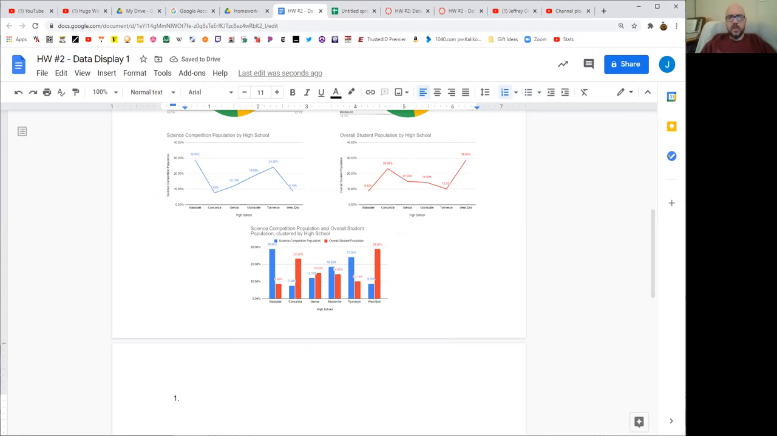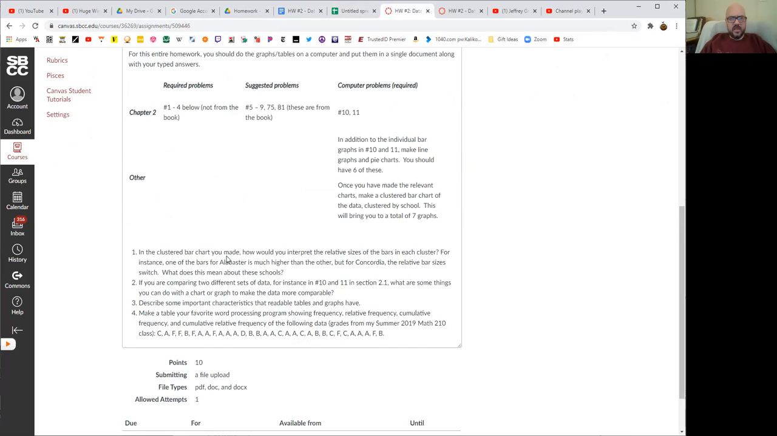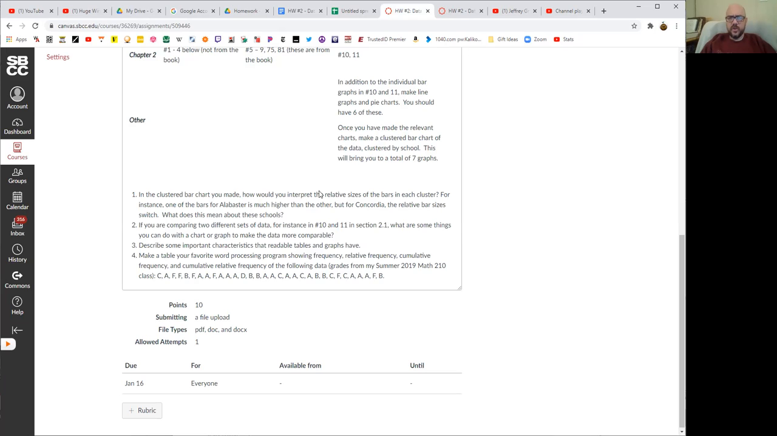All right, so let's see what the question asked. The clustered bar chart you made, how could you interpret the relative sizes of the bars in each cluster? For instance, one of the bars for Alabaster is much higher than the other, but for Concordia, the relative bar sizes switch. What does this mean about those schools? And it means the thing I said a second ago, which is